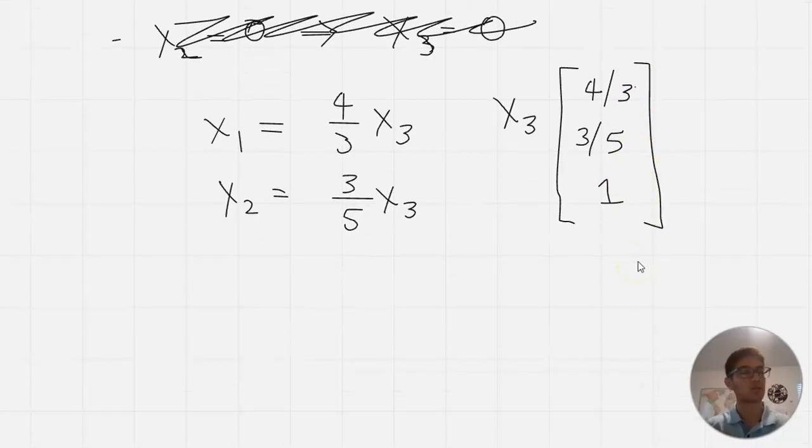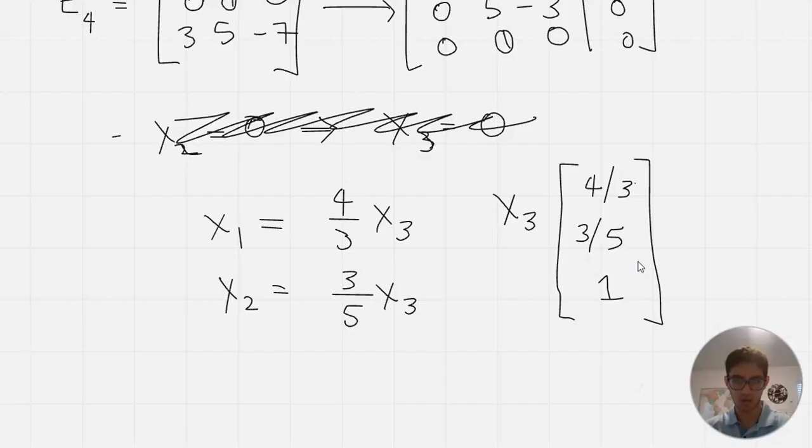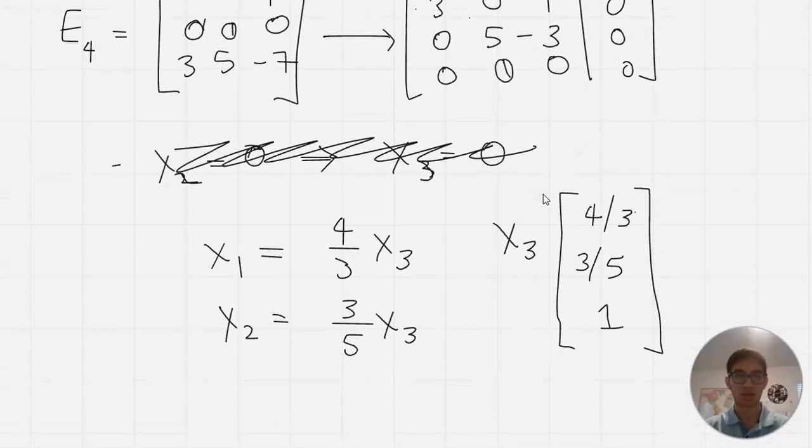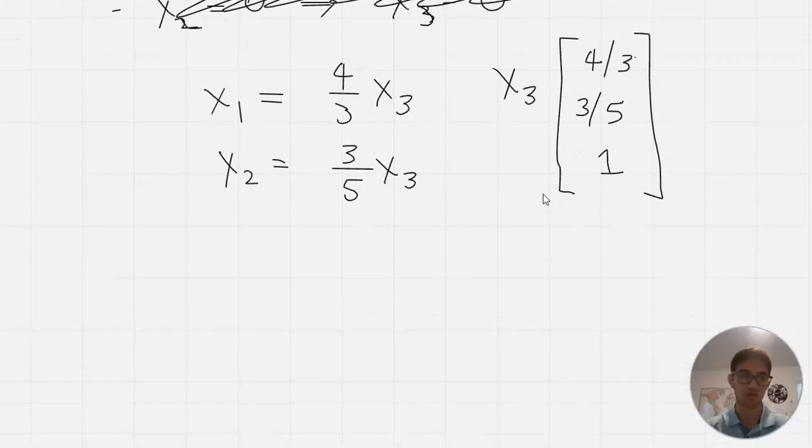There are enough things you can do. We can multiply by 15 and take it out as a scalar, but the point is that this is going to be an eigenvector. If this is going to be an eigenvector, you can also have any linear multiple of this, and that would also work, right? So now we found that for E4. Now let's go on to the next one,